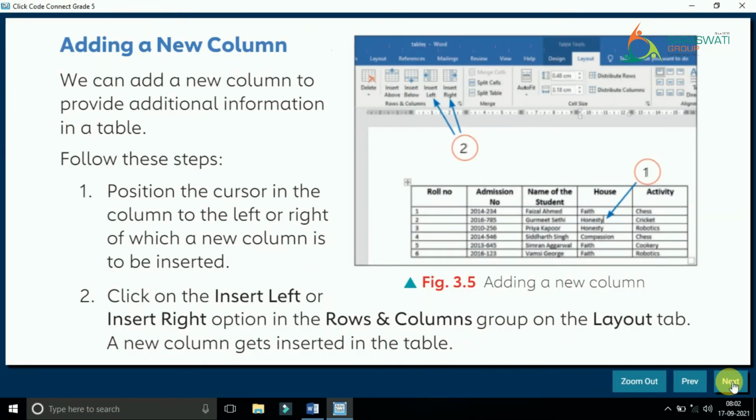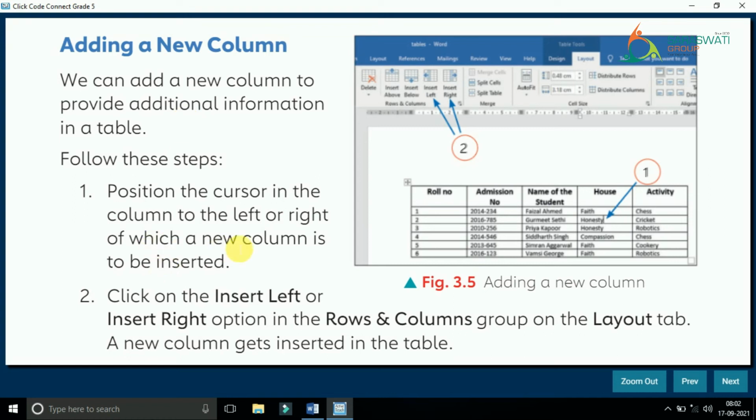For adding new columns, the same features and same steps we need to follow. We can add a new column to provide additional information in a table. Right? Position the cursor in the column to the left or right.